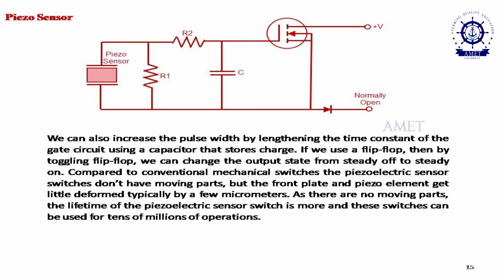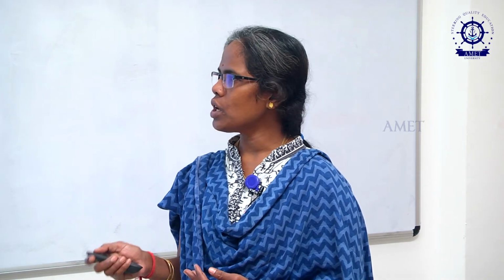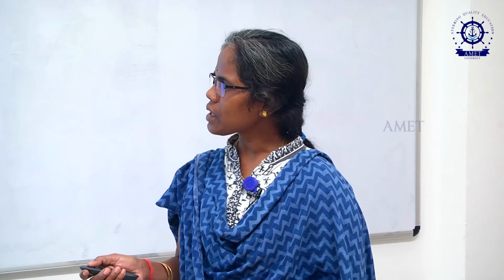We can increase the pulse width by lengthening the time constant, that is, the RC time is increased, depending upon the pulse period. We have to measure the flow and pulse, and the acceleration is converted into electrical signals. Flip-flops or registers are used to store the energy. Mechanical pressure, force or flow is converted into an electrical signal, and this electrical signal is used to control the PLC.